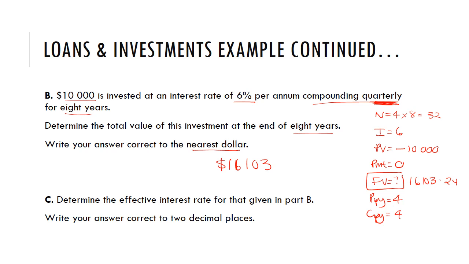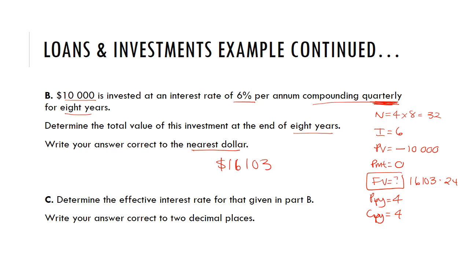Part C, determine the effective interest rate for that given in Part B. Write your answer correct to 2 decimal places. So because this is compounding quarterly, even though the interest rate is given per annum as 6%, it is effectively a slightly higher interest rate, because the more often that it's being compounded, the more money I end up earning compared to if I had an investment that was at 6% per annum only. And so there is a formula to work this out, but the best way and the easiest way, unless you had to show some sort of working,